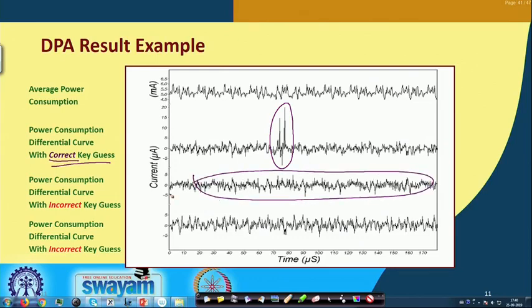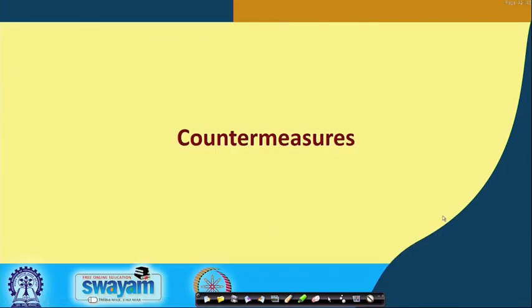Okay. So, the idea is very simple. You carry out a large number of such experiments, compute a lot of such traces, take differences, and even if this kind of countermeasure is implemented, DPA is still able to break it. So, DPA requires much more stronger countermeasures to stop it from detection. So, it is much more sophisticated in that respect. Okay. Now, let us talk about some of the countermeasures.